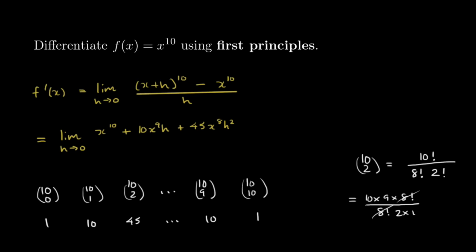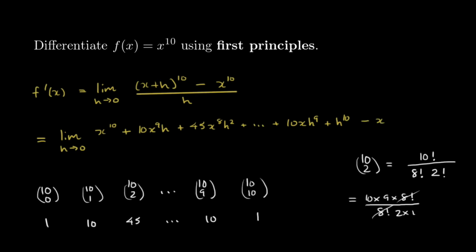And then I'm just going to say that's going to carry on for a while until we hit another 10. Keep in mind that's the last time we'll see x, so that'll be x to the power of 1 and h to the power of 9, because the very last term in that expansion will be h to the power of 10. Okay, so we got our expansion done, and don't forget in that difference quotient,